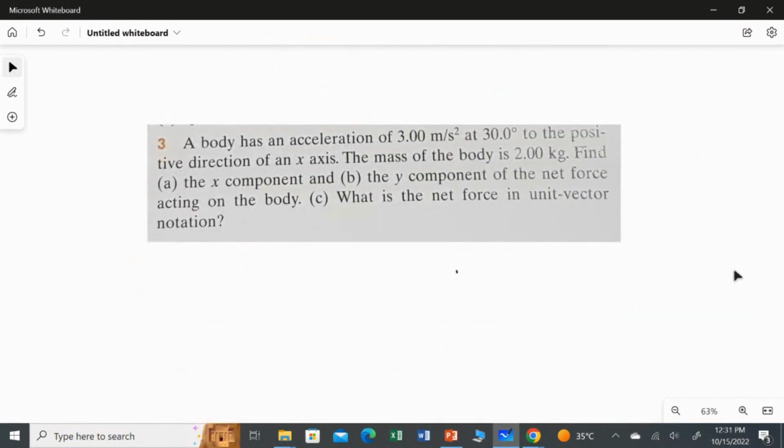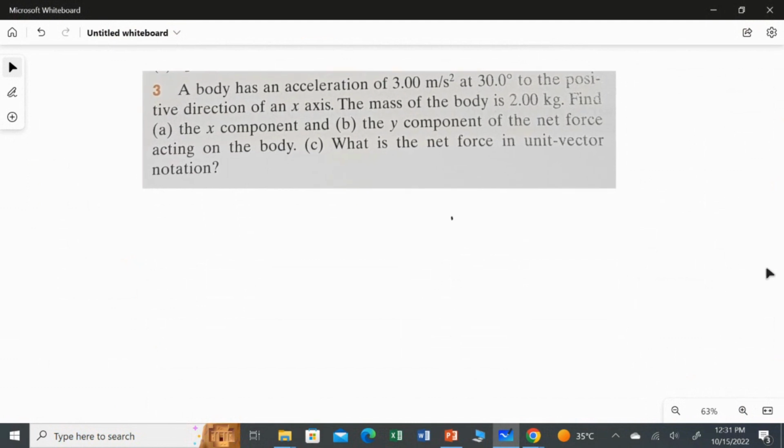A body has an acceleration of 3 meter per second square at 30 degrees to the positive direction of an x-axis. So that means the particle has an acceleration a value of 3 meter per second square, and its respective angle to the positive direction of the x-axis is 30 degrees. The mass of the body is given as 2 kilogram,